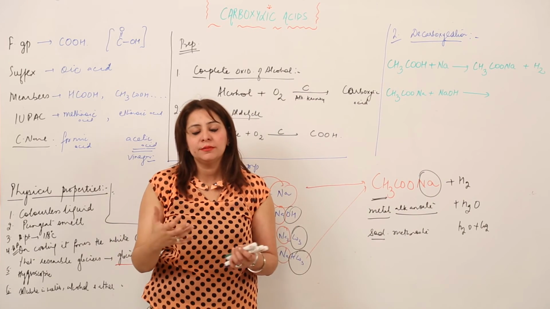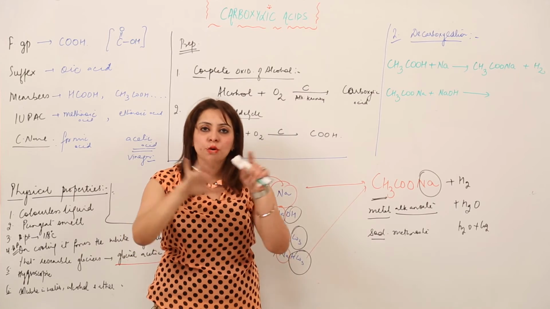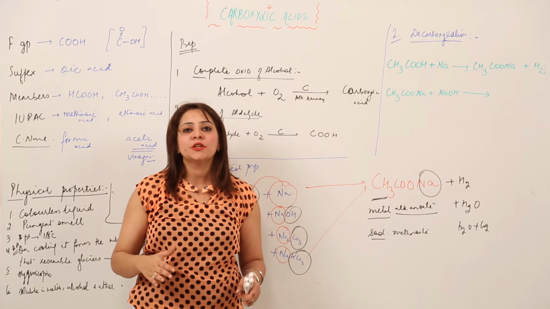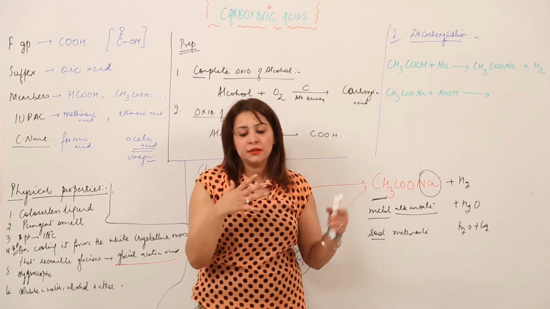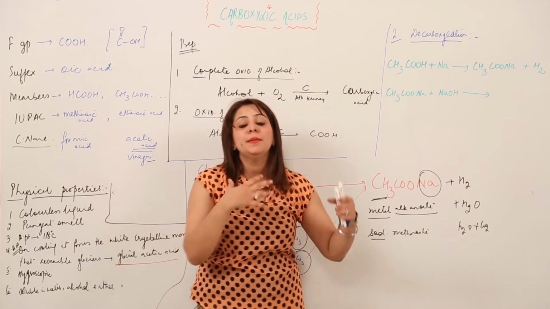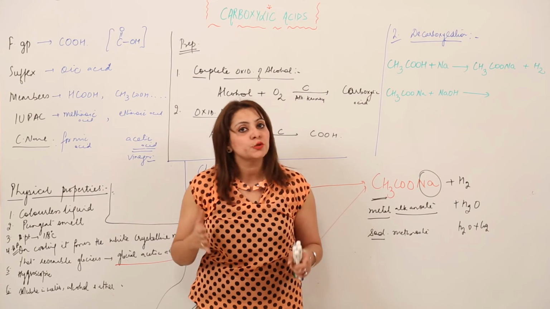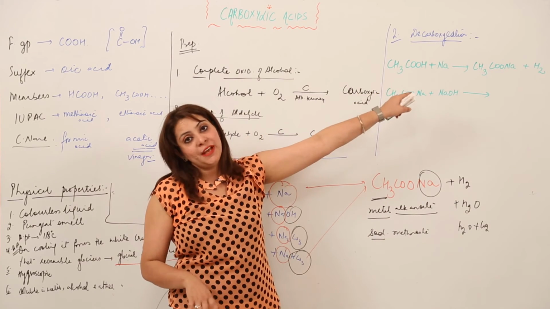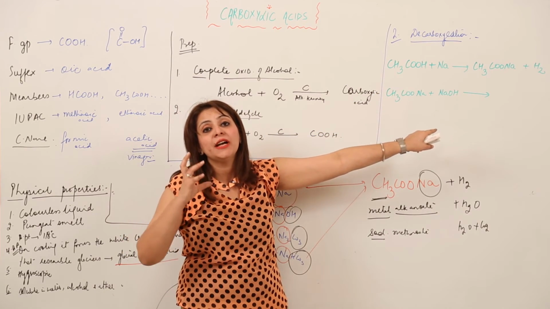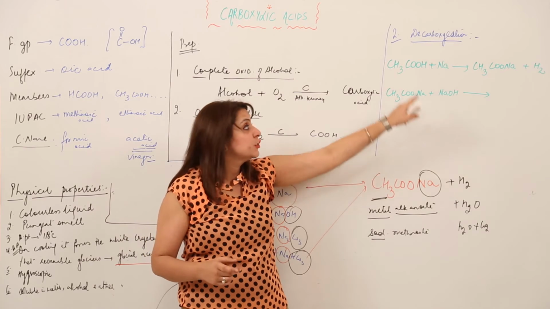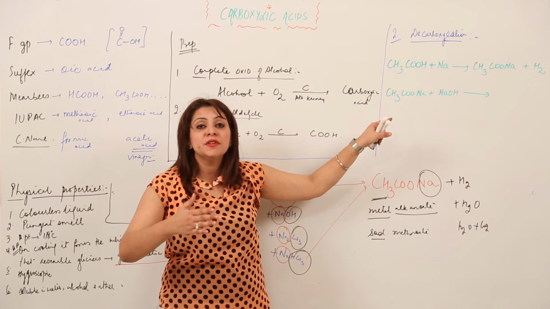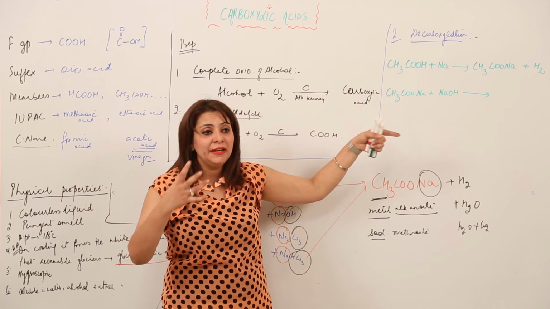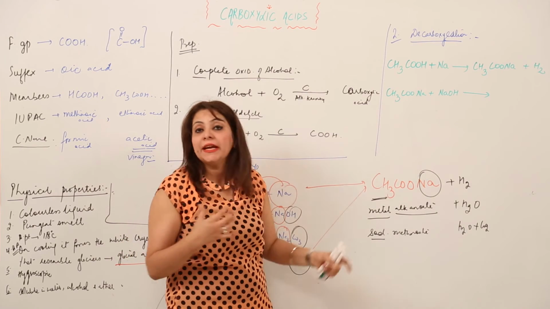This is a reaction, like I told you previously, that in this whole chapter most of the reactions have the same number of carbon atoms in the reactant and in the product. This is one reaction in which the number of carbon atoms is going to differ. So do not forget this reaction, and look at the board to see how the carbon atom count becomes less when we react it with NaOH.